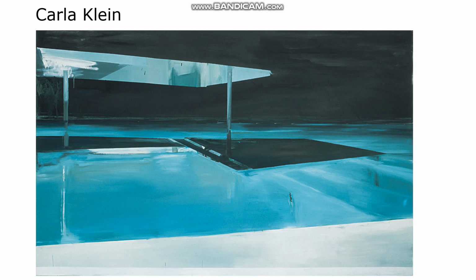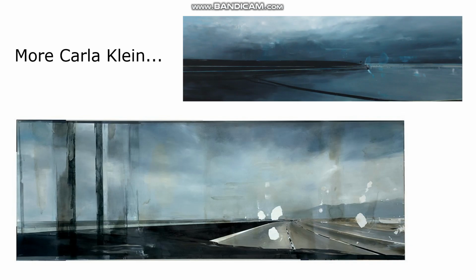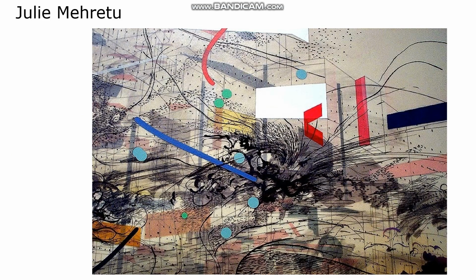Carla Klein is a favorite of mine. Her work is often about using and playing with perspective systems. These are gorgeous. And Julie Mehretu, whose work I love, at first, it's kind of hard to see the structure, but you can really see the